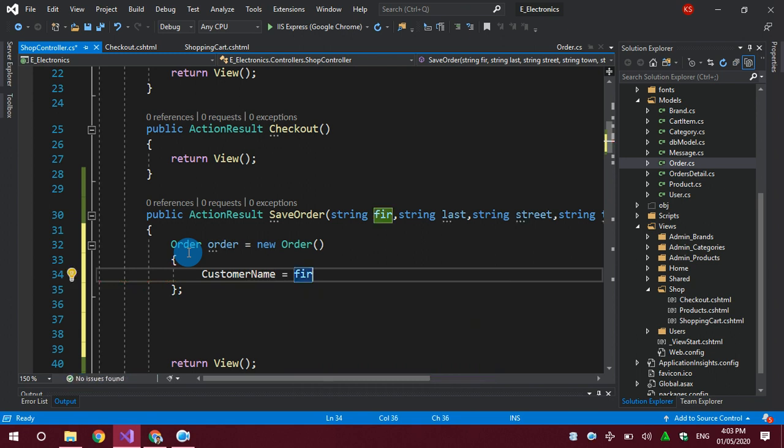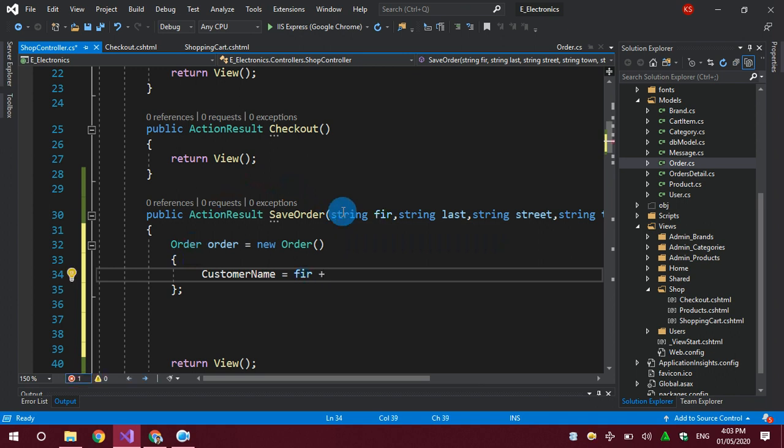So there is a problem. The first name and the last name of the customer are two different things, but we have not catered for that in the database. In our database we have just said that the customer will have a name, not a first name and a last name. We have no separate column for both. So I will concatenate here. Both are string types, so they can be easily concatenated.